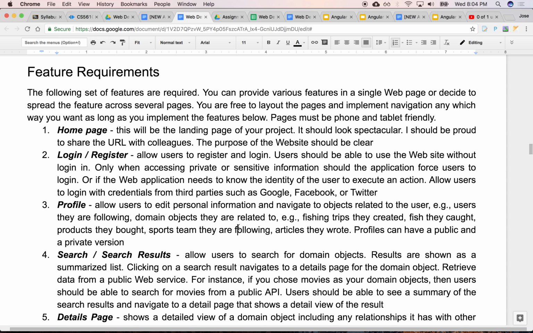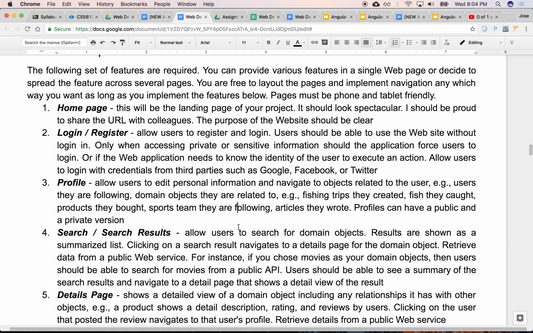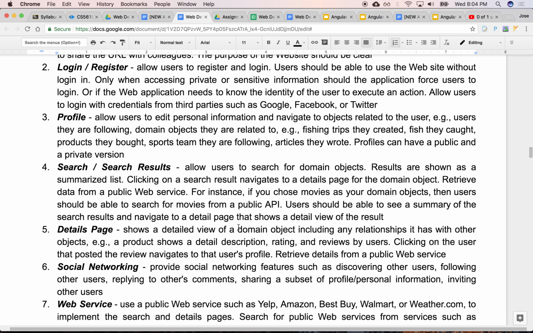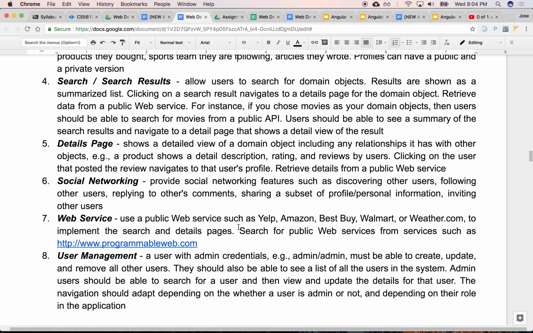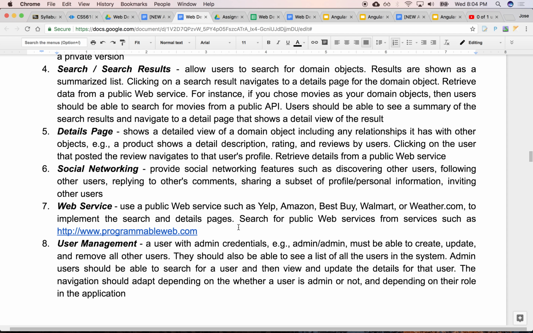There should be a search and a search results page. I should be able to search some third-party API that goes to some public web service and comes back with a result. I should be able to click on one of those results and look at the detailed page. I mentioned that already. There should be some social networking feature.